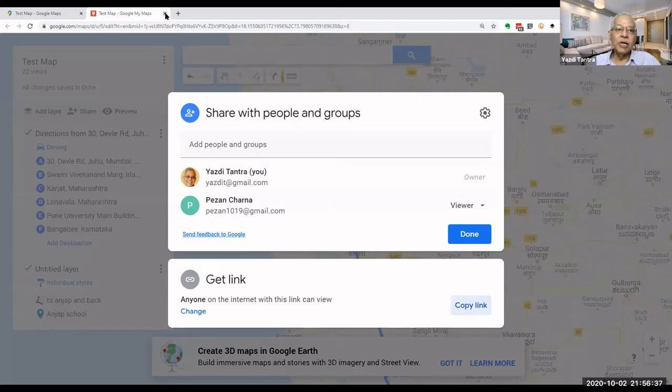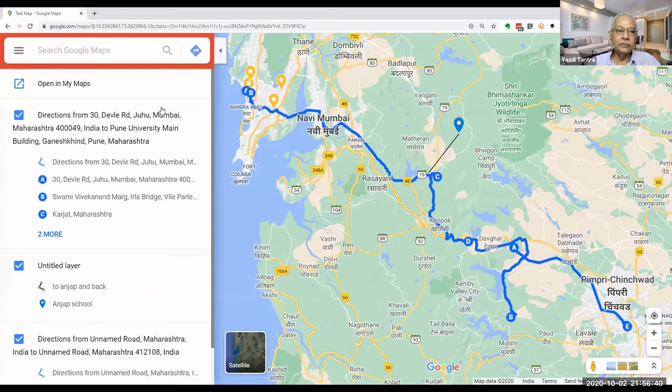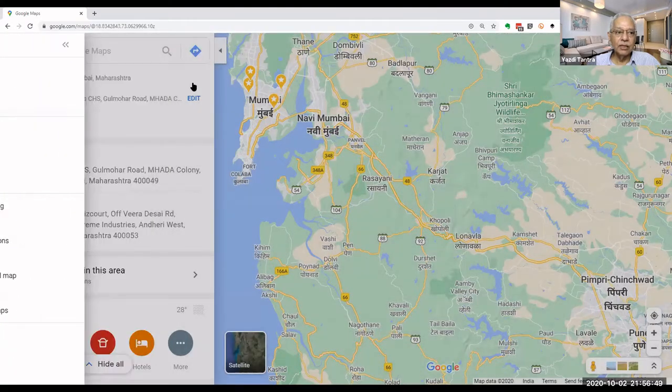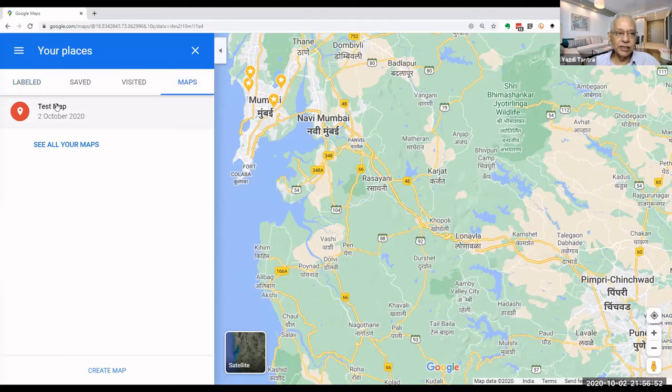From where did you open the test map? Okay, so again I'll go back. What we did is we went to the menu, we went to your places, and we went to maps. Okay, now this is a test map which I created. I can say create another map. Down below you see the option to create a map. You can say create a map, and you can create a new map directly. So this is very simple but very useful, where we can share the maps. You can use the entire Google Maps infrastructure and build upon it and create your own maps as per your requirements.